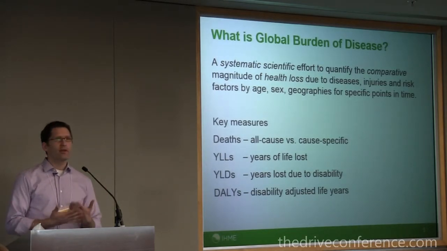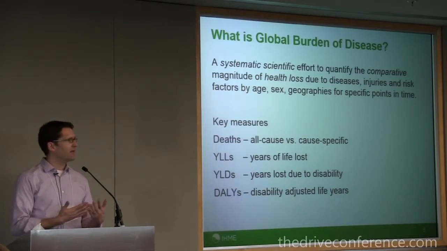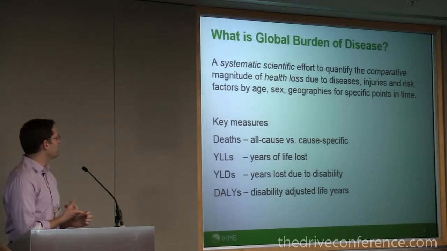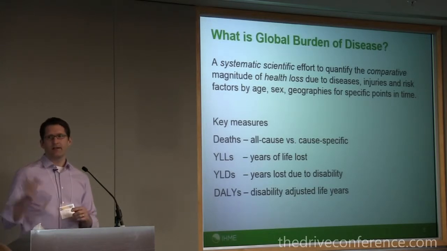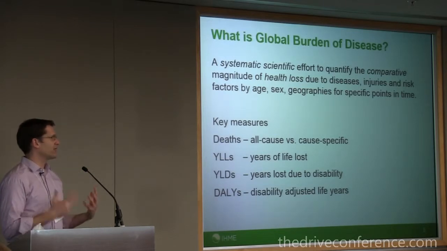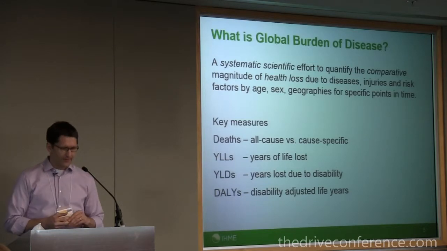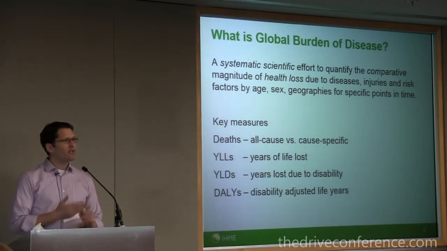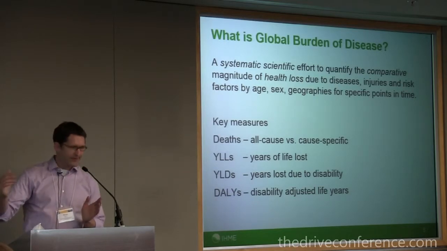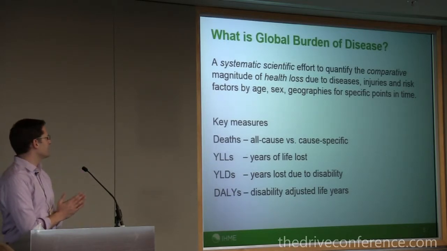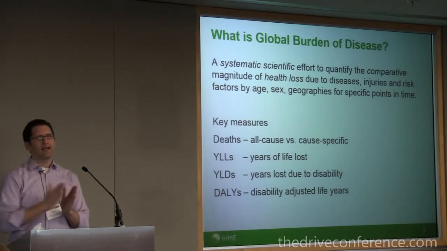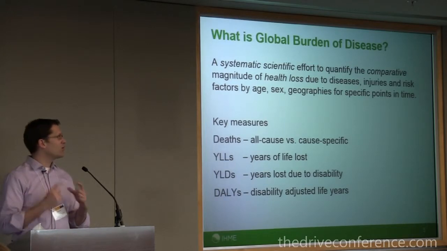There are 4 key measures which I'm going to come back to time and again, and some of you might know this already, but I'm going to go through anyway. One is we need to know how many people die in the world in a given age group and in a given year, and what causes they died from. So that's the first big contributor to burden. Years of life lost basically counts all the years that we're losing with every death compared to an optimum life expectancy. Then there are years lived with disability, or lost due to disability, so measuring when people get sick, how sick are they, how long are they going to take to recover, and then quantifying that.